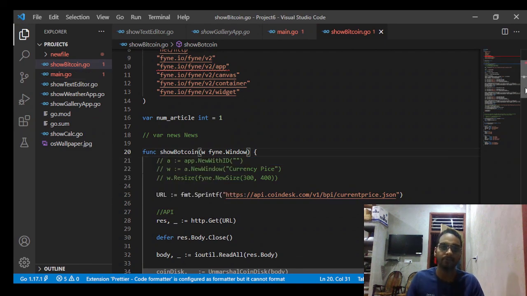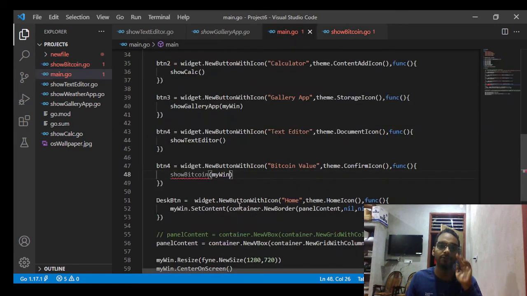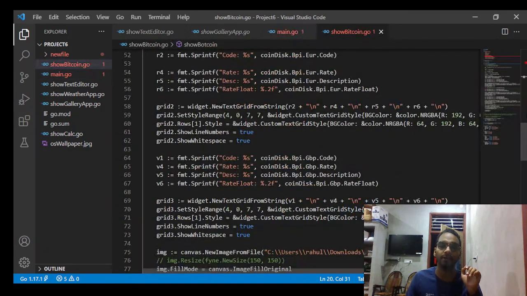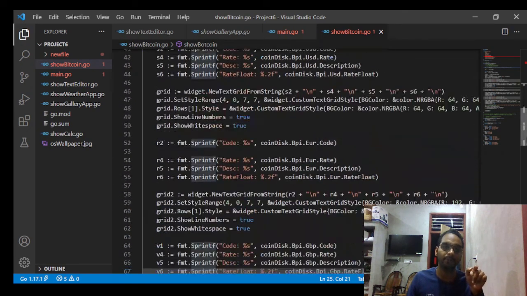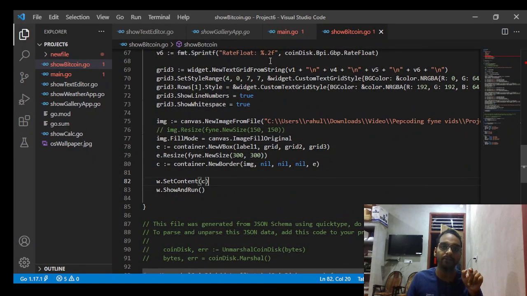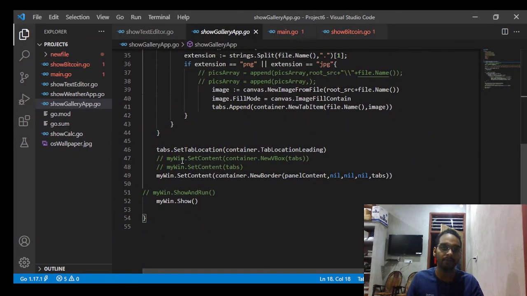So when this function runs, my window will be passed to this function, and this W will receive the Fyne window, and this app is going to run inside the main window. To run inside the main window, one other change that we have to do is, in most of the apps we have done,